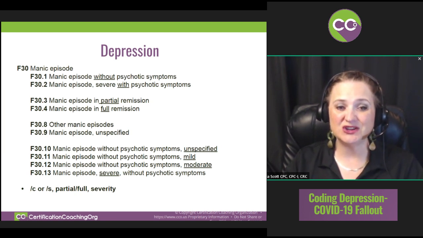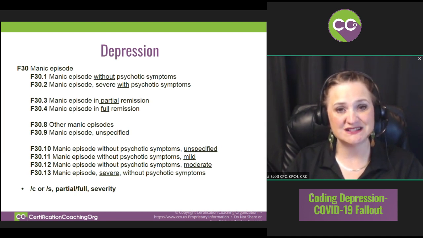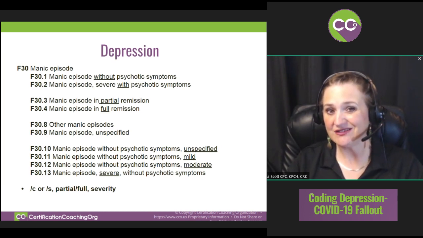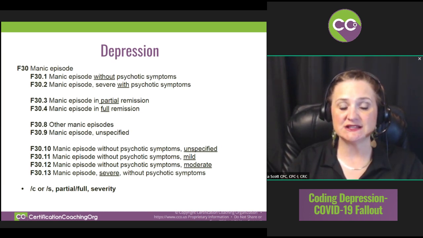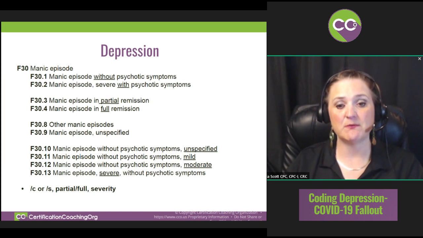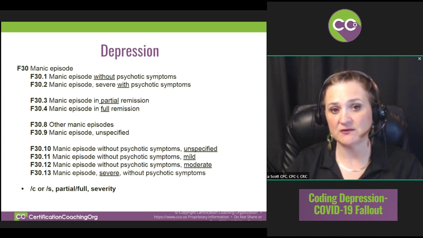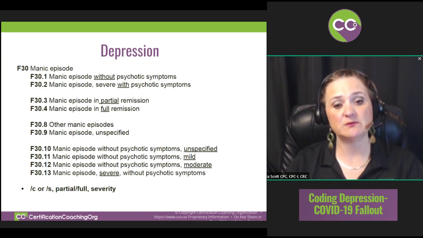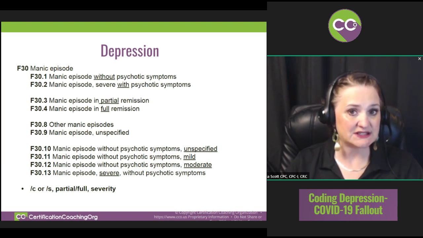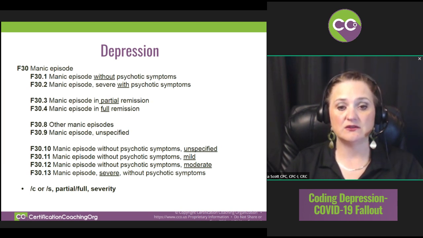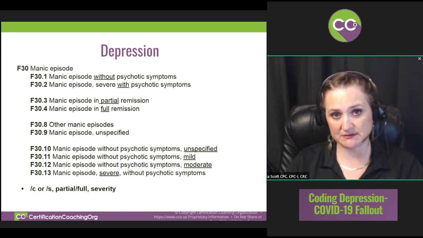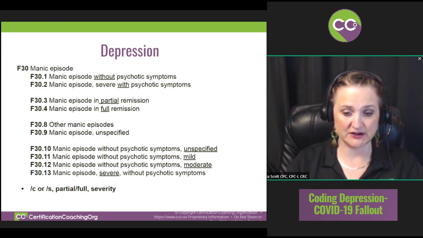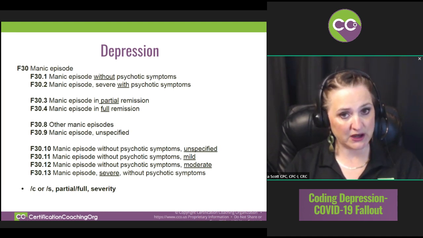And you know what? We don't want to use unspecified codes for very long, right? They may not realize that the codes are available for mild, moderate, and severe. So it's up to us to make sure the codes are available so we can get to the highest specificity. And what you might end up doing if the provider doesn't, of course, is